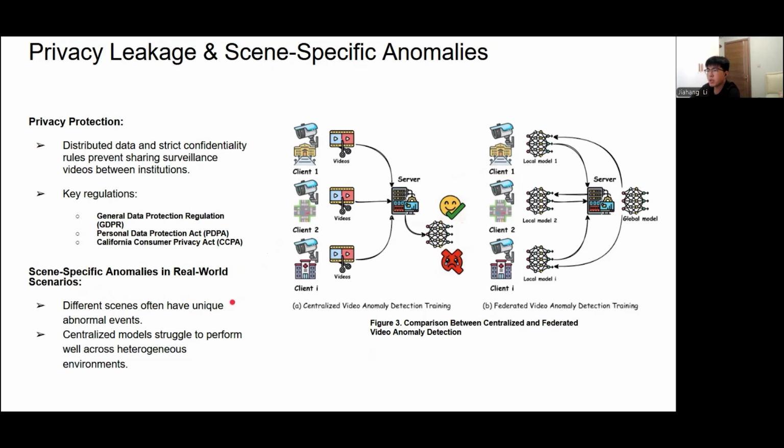To address this, we introduce an adaptive local model regression algorithm. Federated learning is a great fit for the VAD problem because it solves both privacy concerns and the challenge of label heterogeneity across scenes.